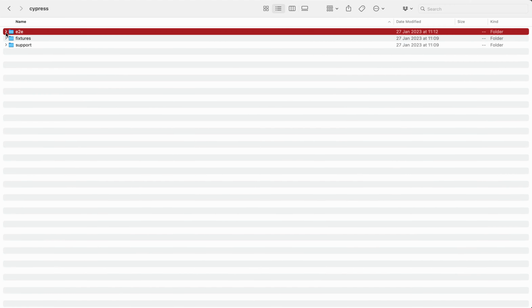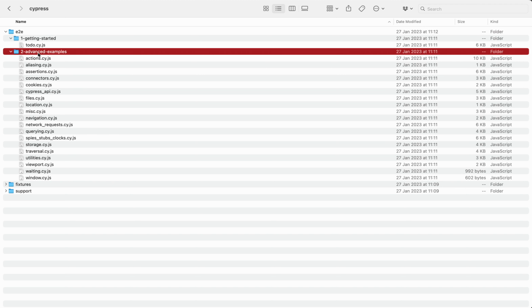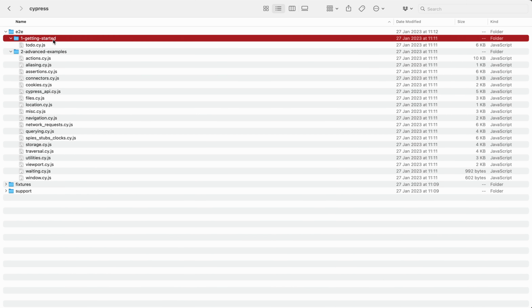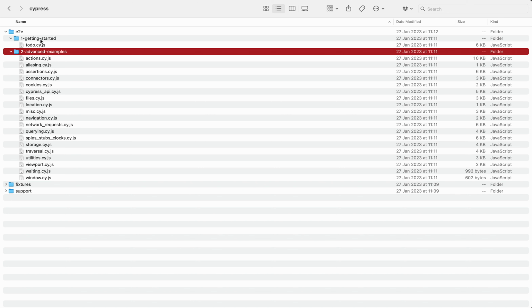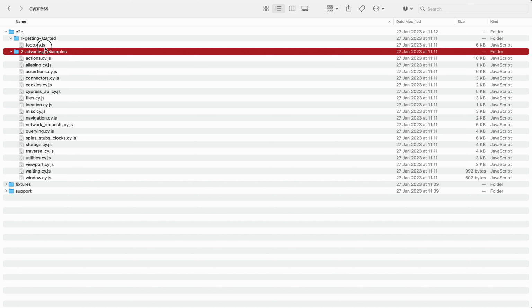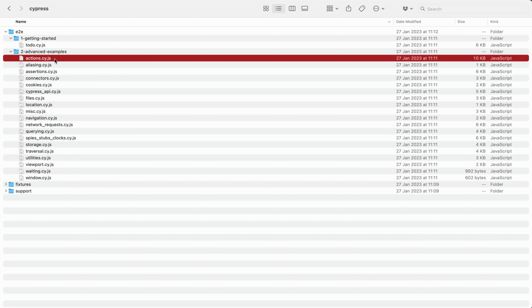So if I expand this folder, you've got your getting started and advanced examples. I refer to these as suites. I think it's personal preference as to what you refer to these as, but it's a nice way of organizing tests. Within each of these folders, you've got your spec files. Your spec files are your test files, and within each of these, you can have more than one test.